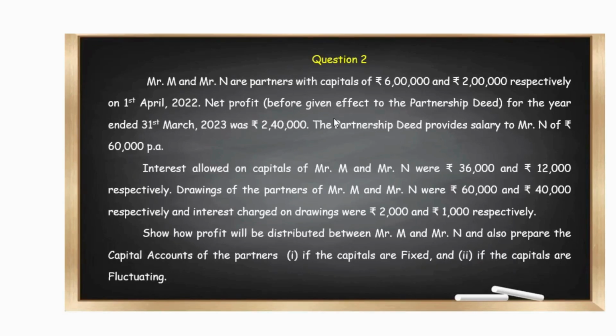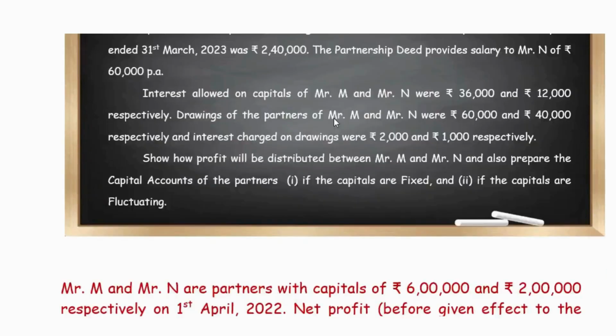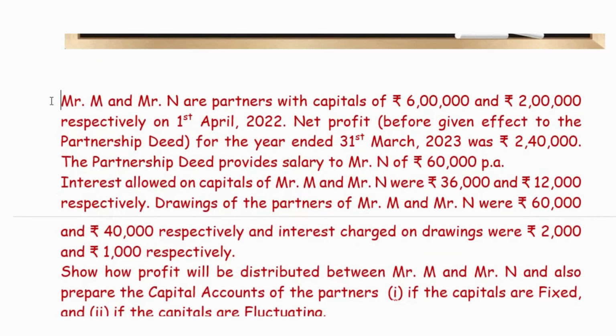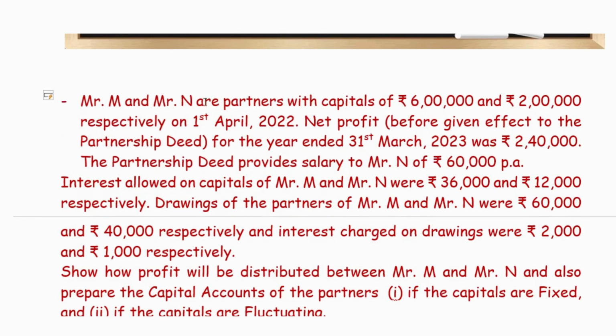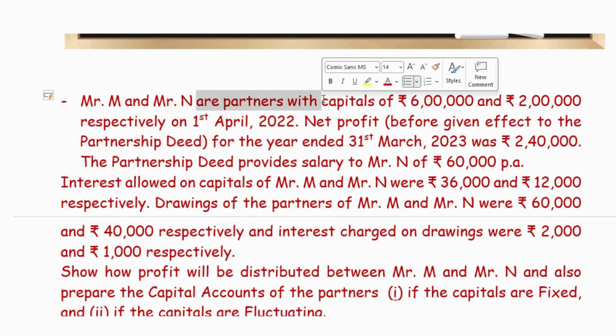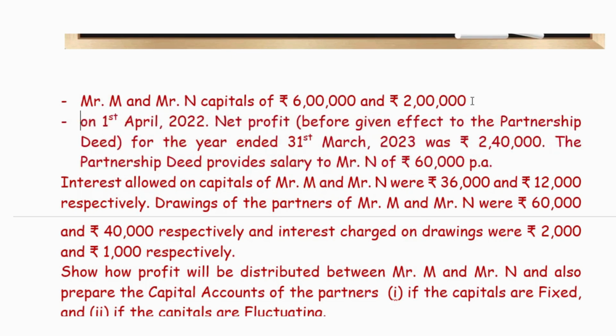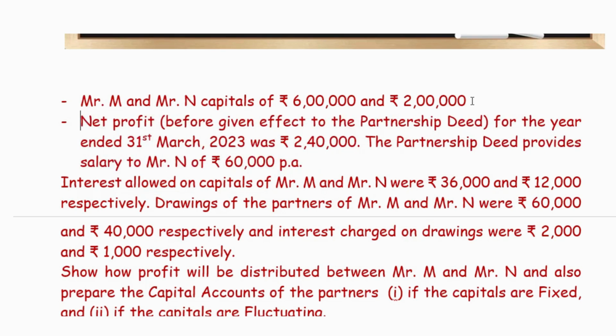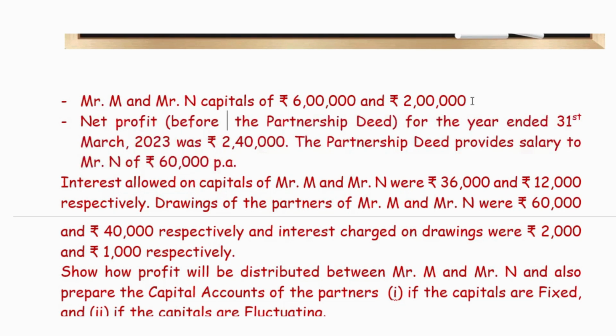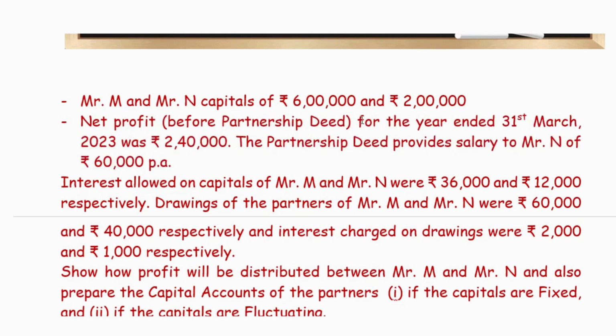Now the second question. M and N are partners with capitals of 6 lakhs and 2 lakhs, and we are given some more details. So as usual, we will start solving the question by breaking down the question details into small hints. Here M and N are partners, and their capitals are 6 lakhs and 2 lakhs respectively, and it is given that their net profit before adjustments, net profit before partnership deed, was rupees